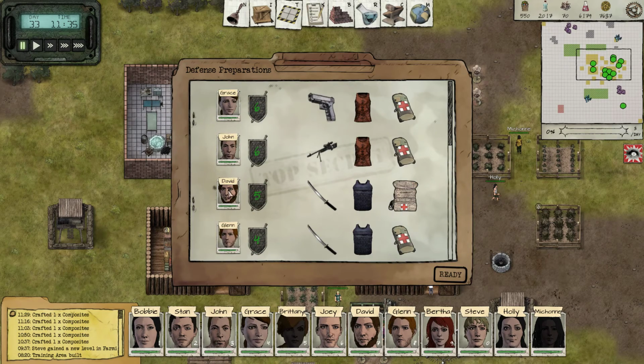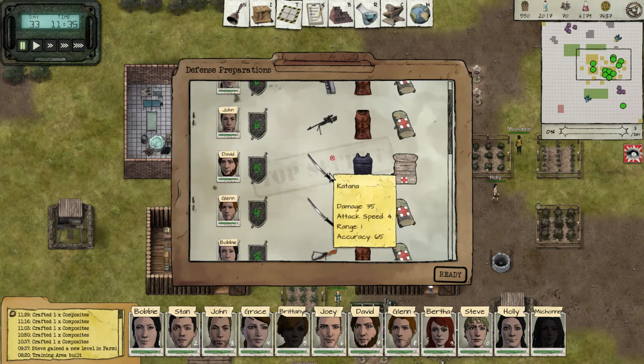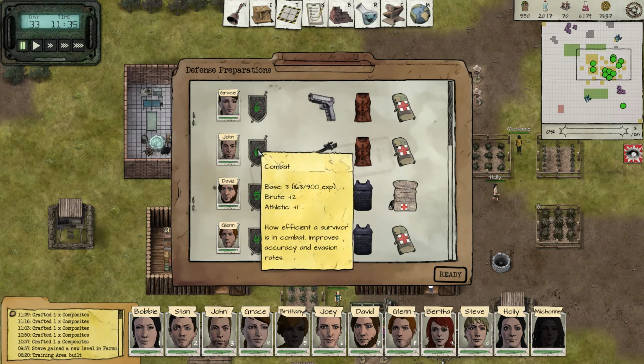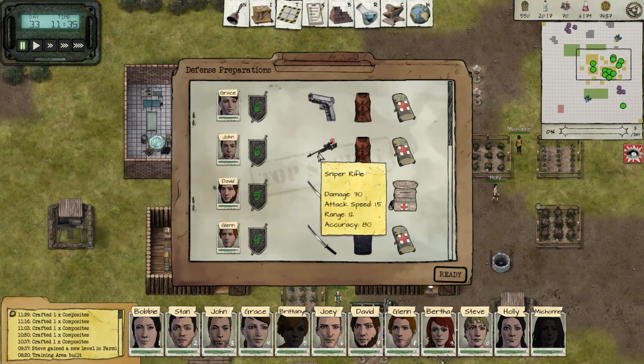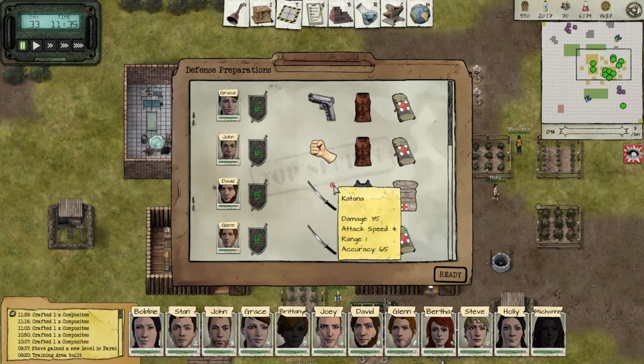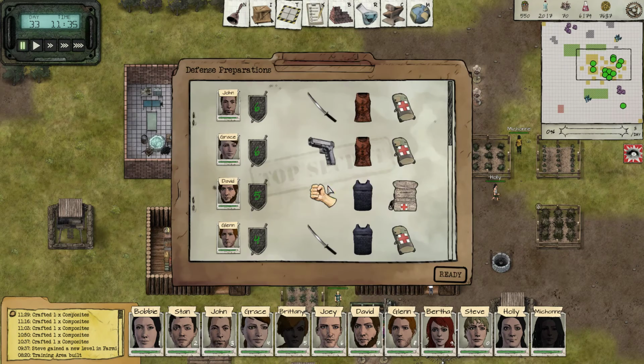So, David is an addict. He should become a ranged person. John, what are your stats? You're brute and you're athletic. So yeah, David is gonna become the sniper and you're gonna become the katana guy. Okay. And also...